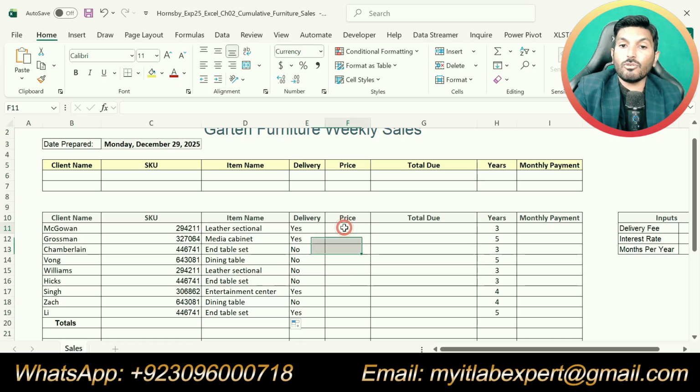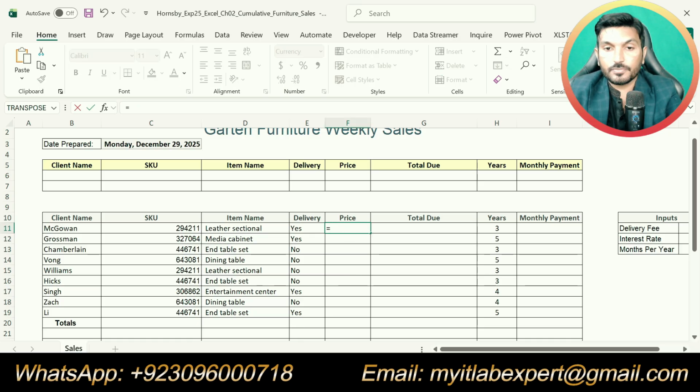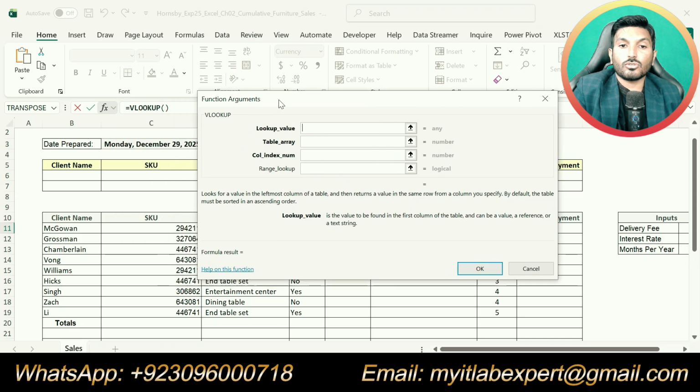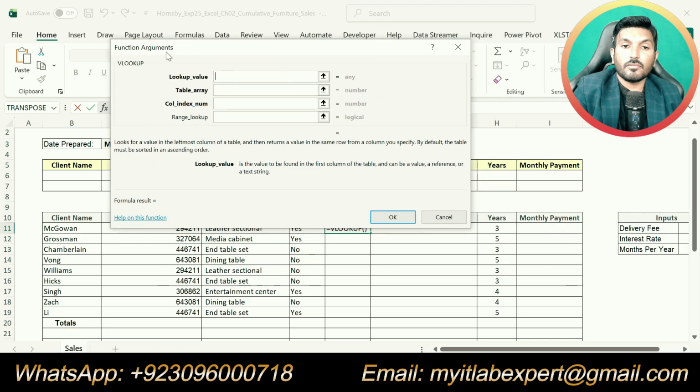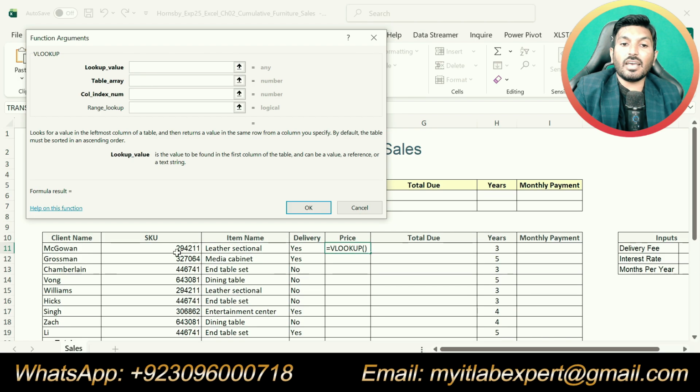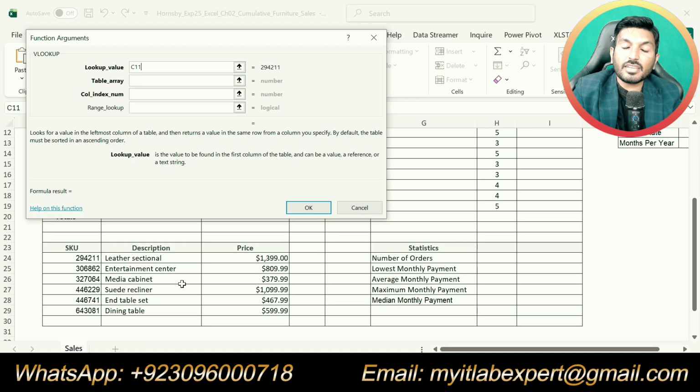For this again we will use a lookup function. Click on the function symbol to enter the function arguments. Again our lookup value will be the SKU column, that is C11, because these table array values are based on the SKU column.